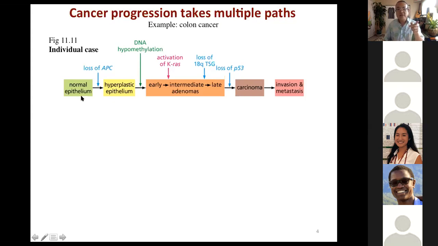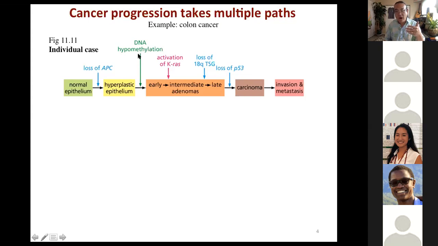Now keep in mind, we're not saying that this is one cell moving through all of this, right? We're saying this is one cell that starts off with one hit, and through this whole process, it's dividing and dividing and dividing. And so along the way, most of its daughter cells are going to die, but some of them make it through and keep going. And those become more and more plentiful.